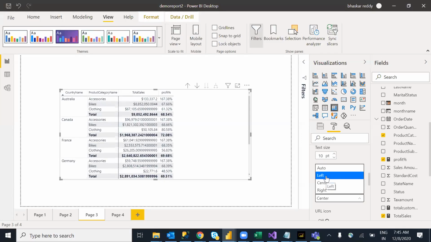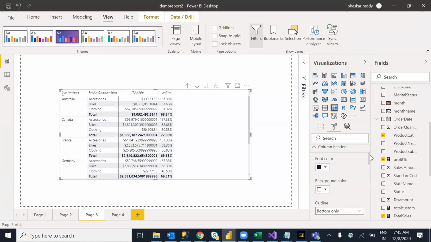Sometimes they will ask for it. This one is in a right align, this one center align, and this one I want a left align. The remaining ones are right or center, and this is a left align. This is the title alignment for the country name. The URL icon we have seen yesterday, and the word graph we have seen. All the properties will remain the same as they are. This is the column header properties. Row headers is nothing but this.